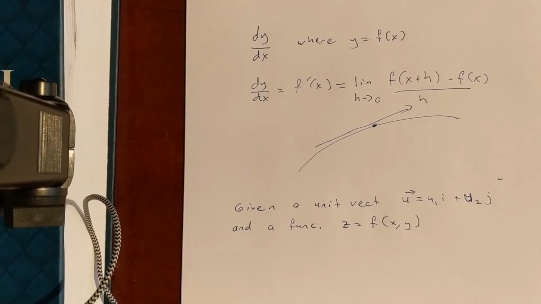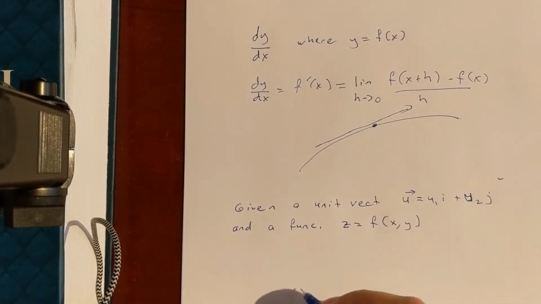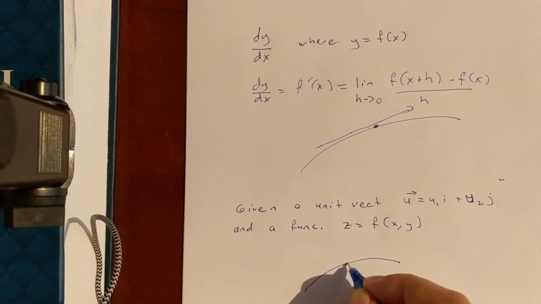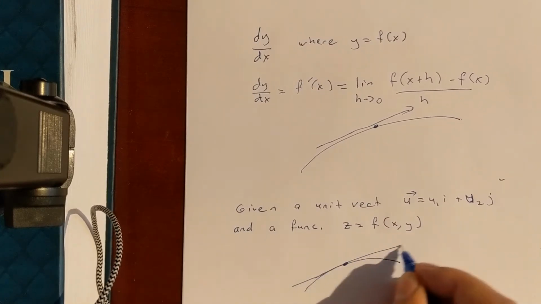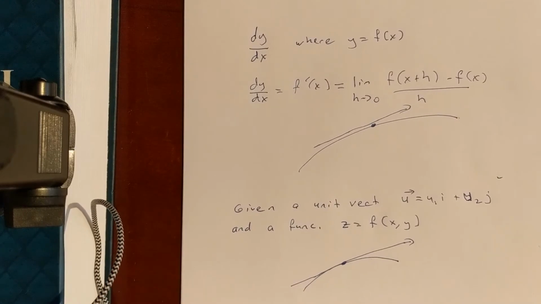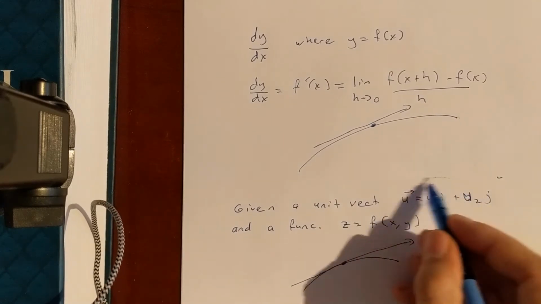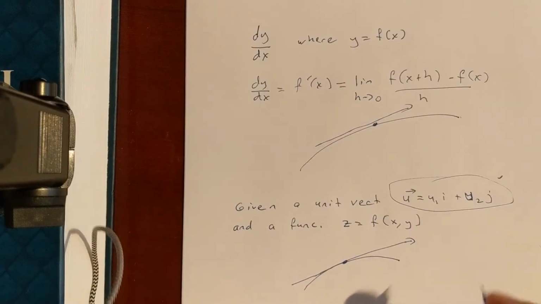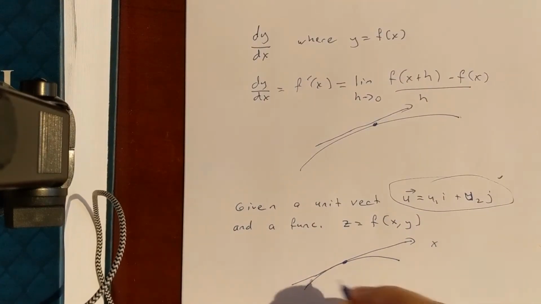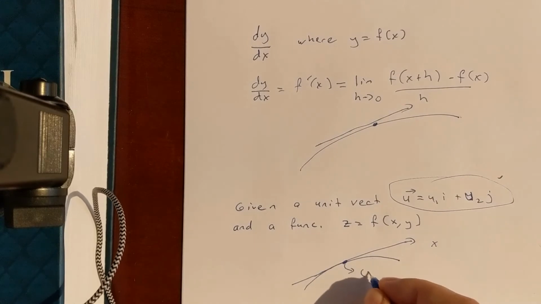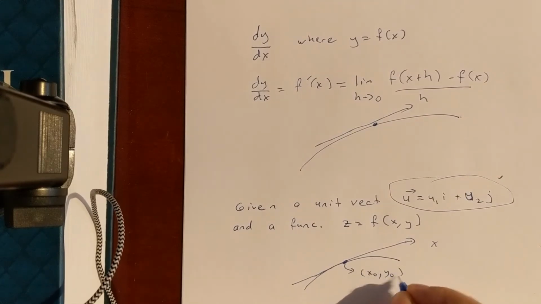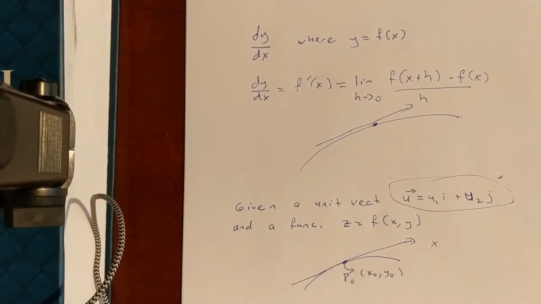the derivative? Now, what I think we should do is, well, we cut our kiwi, so we have to define this. Think about it: we cut the kiwi, this is the point, and then this is the line. So we have to define this line. How can I define it? Well, I can parameterize it using the unit vector u. If this point, let's call it point p naught, is x naught, y naught,